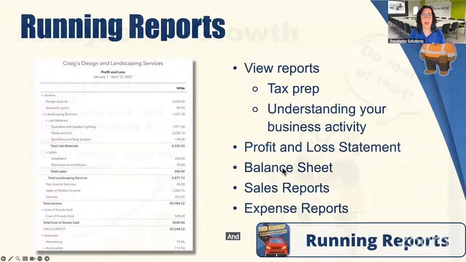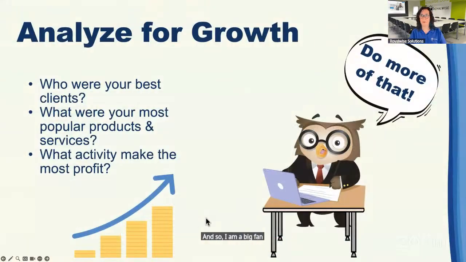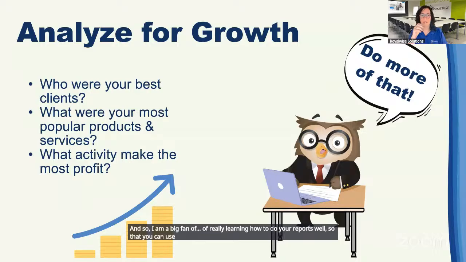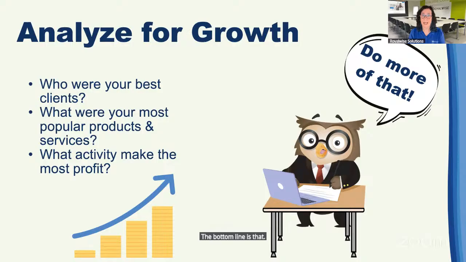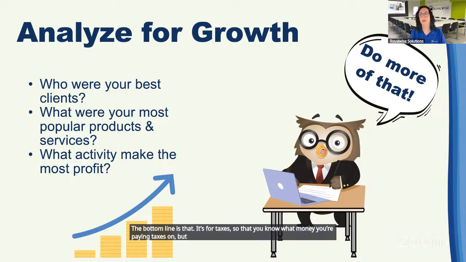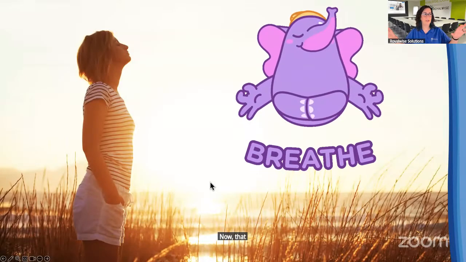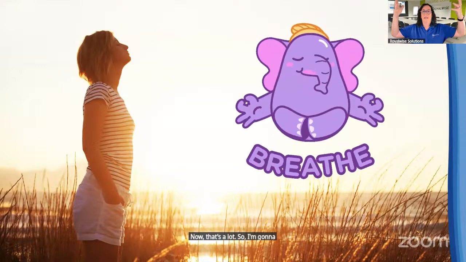And so I am a big fan of really learning how to do your reports well so that you can use it for business analysis. The bottom line is that it's for taxes so that you know what money you're paying taxes on, but there's so much more about it. Now, that's a lot. So I'm going to take a deep breath